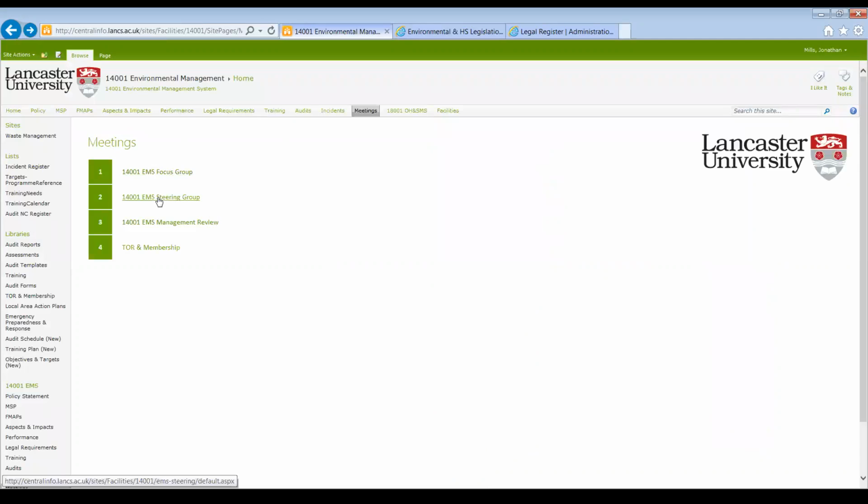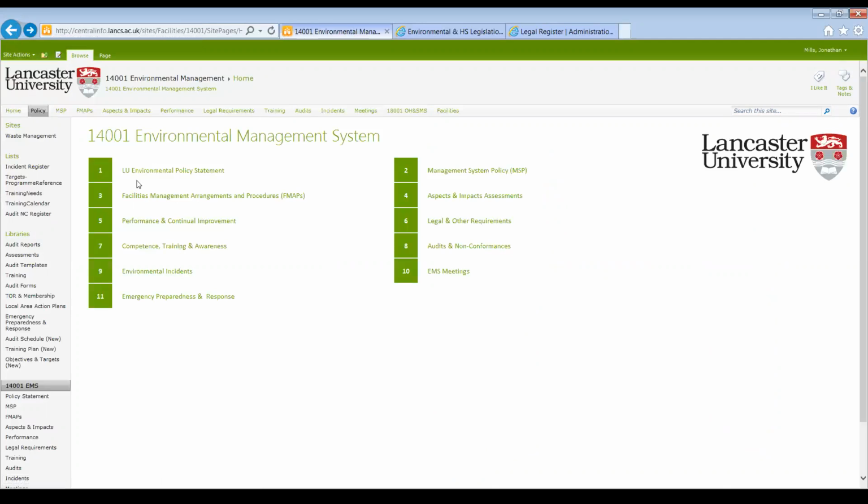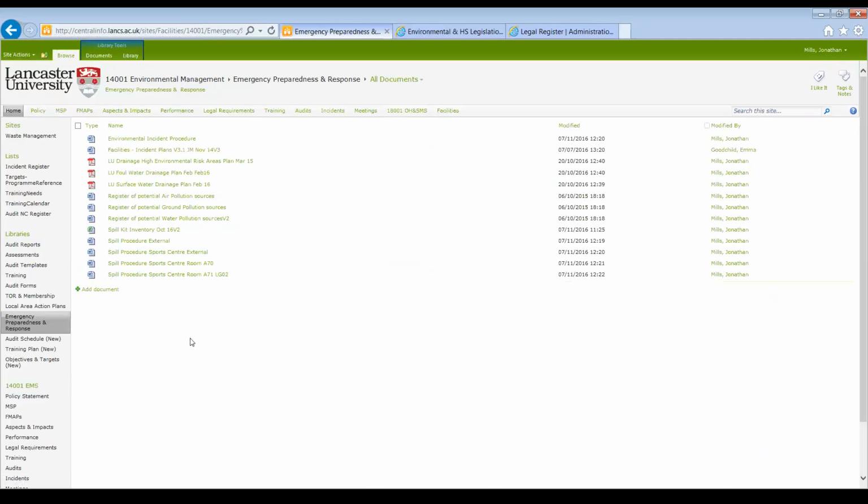Similarly, we've got them from the EMS steering group and the EMS management review group, and we also keep the terms of reference for these particular groups in that section of SharePoint. The final section, the final button, is the emergency preparedness and response. In this area we have